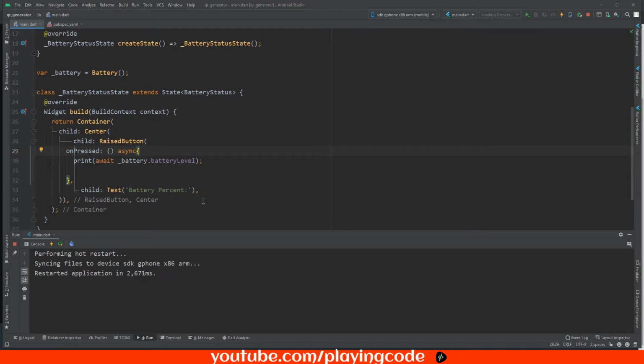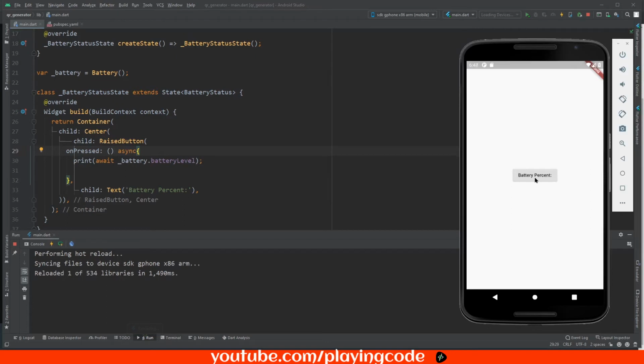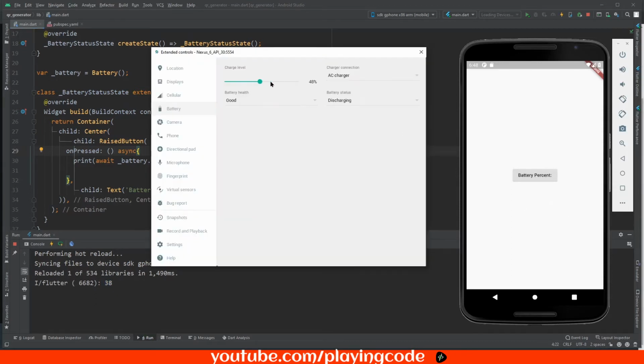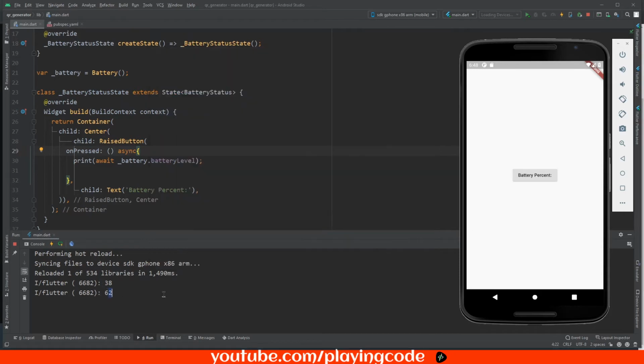And now in this case, just save and run this app, and boom, you can get the battery percentage right here. Okay, can you see that? This is the battery percentage. Now if you want to double check the values, you can actually do this, and as you can see, we've got the 62% on both sides.